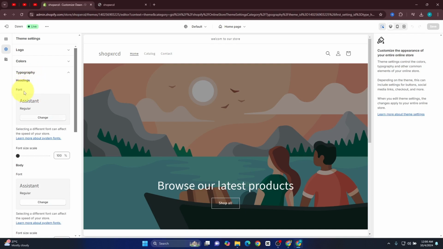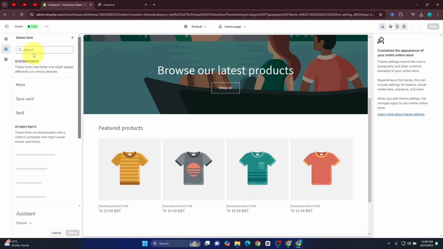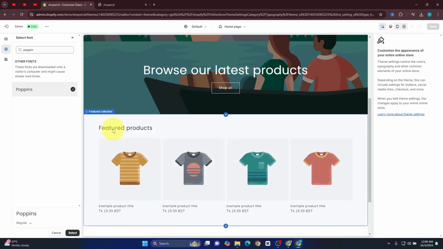Now heading font, so now we are gonna choose the heading font. Click on change and you can choose any font. Let's say we are gonna use Poppins. Select and you can see the font is now Poppins, and then on the bottom here you will see the